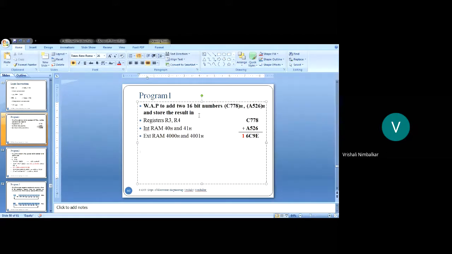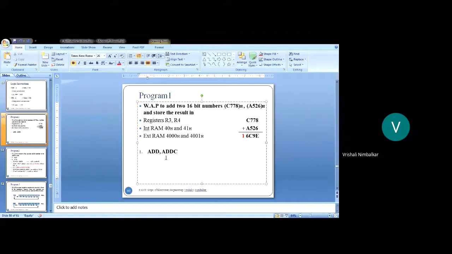What is the main point in the statement? Addition of the numbers. So what instruction to use? We have two, ADD and then ADD with carry. So look into what is the main target to be done. It's addition in our case, and that addition is of 16-bit numbers, and the numbers are given to you. So I'll be using the ADD as well as the ADDC instruction.